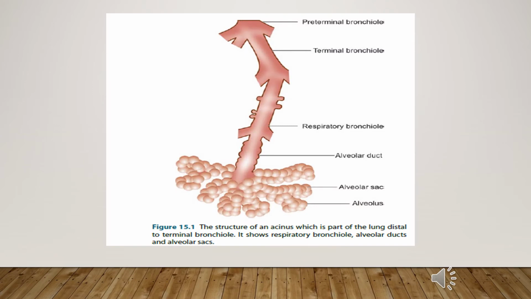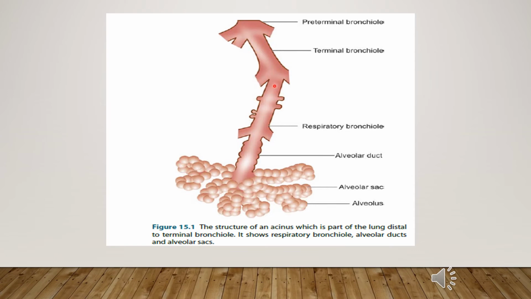So, as I told you, this is the figure which shows different bronchioles. This is the terminal bronchiole here, the last of the air conducting system. Each terminal bronchiole divides into about 3 to 4 respiratory bronchioles. Here only a single respiratory bronchiole is shown. The cut portions of the others can be seen.